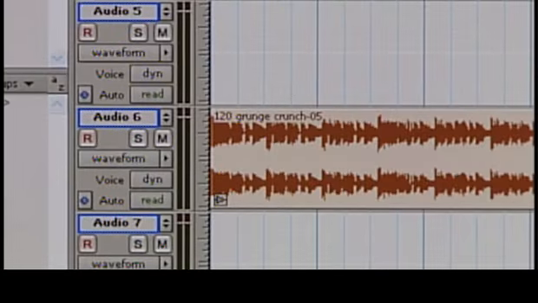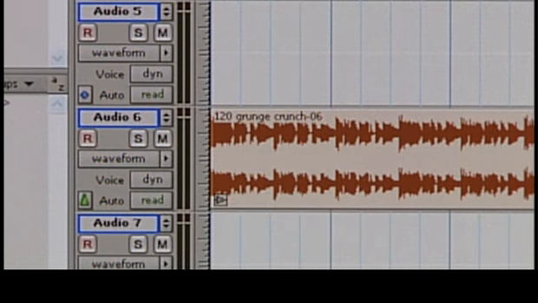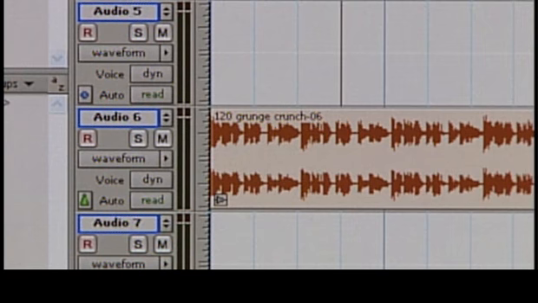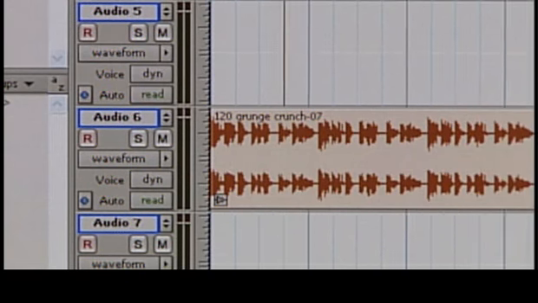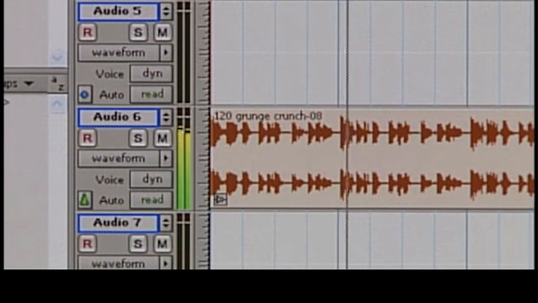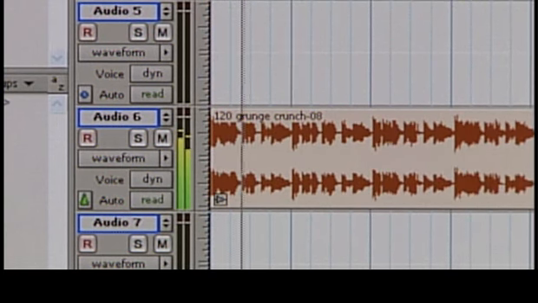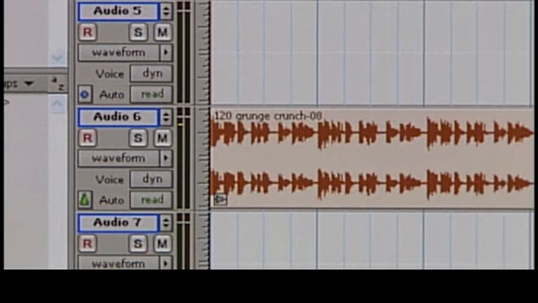To see this in action, we'll need to set our audio track to follow ticks or the MIDI clock instead of samples. Now we'll see our Rex file stay locked to the beat and change tempos with our session tempo. If our track is set to follow samples, our audio doesn't scale to the session's MIDI tempo. Rex and ACID files provide a lot of flexibility and are especially useful when we're still experimenting with tempo and